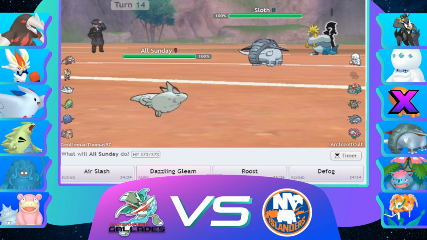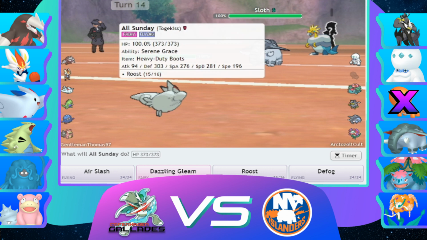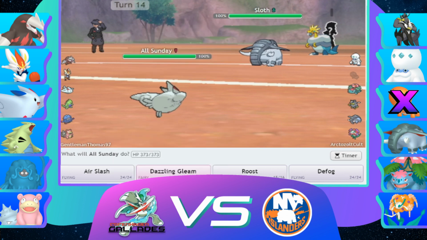Part of me wants to go Tang just because, if anything, he's gonna Gunk Shot here. Or Knock Off. Oh, actually, yeah, if he knocks off, I don't want to lose anything. I want to see how much Togekiss took from a Dawn Fan Gunk Shot. Because if I don't take too much, I actually do think I might just stay in and get the damage off on this. And I have to check for like...